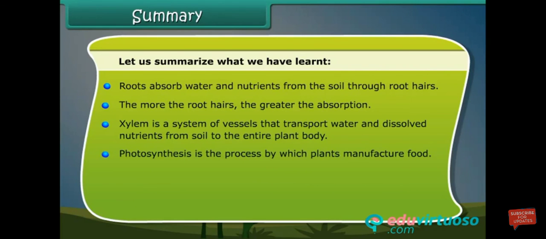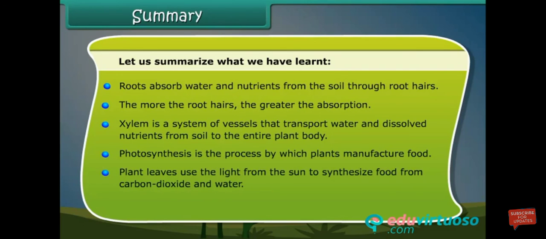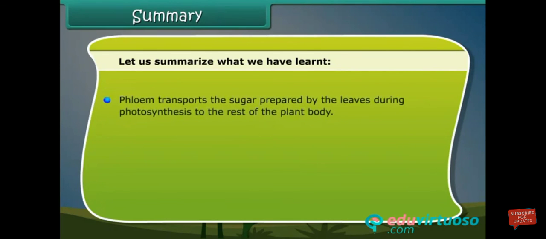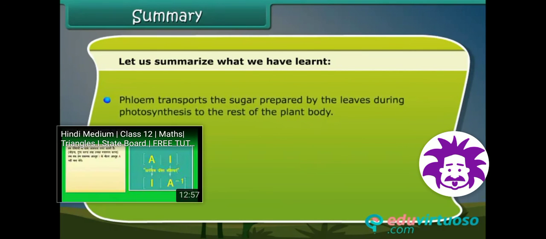Photosynthesis is the process by which plants manufacture food. Plant leaves use the light from the sun to synthesize food from carbon dioxide and water. Sugar and oxygen are the end products of photosynthesis. Phloem transports the sugar prepared by the leaves during photosynthesis to the rest of the plant body. Phloem is rich in a sticky fluid called sap,